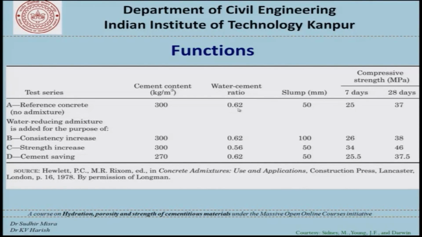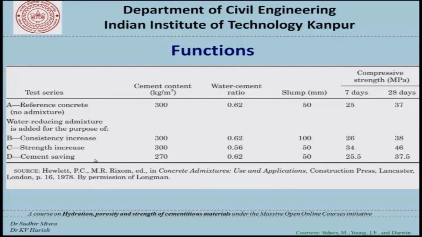So from 0.62 to 0.56. What this will give is you will get the same slump that you got with the reference mixture, and because you reduced the water to cement ratio, you get much higher strength compared to the reference mixture. In this case, mixture C provides a 7 day strength of 34 MPa and 46 MPa, which are substantially higher than the reference